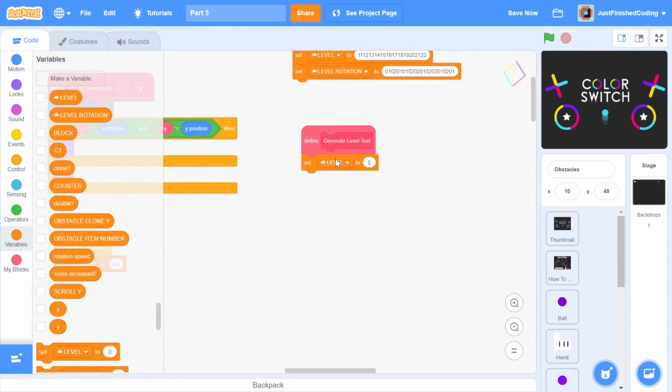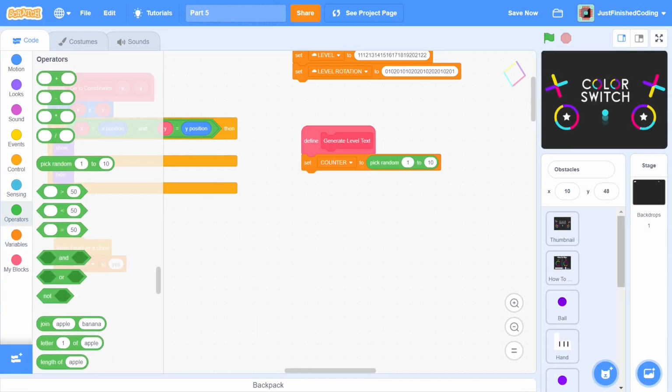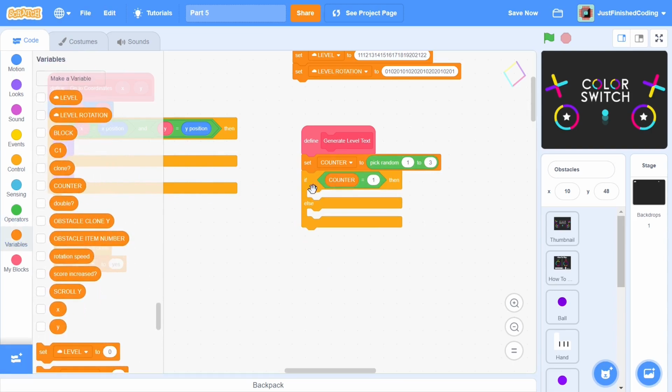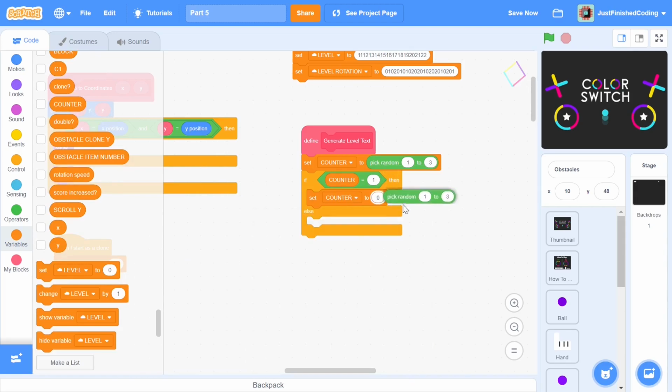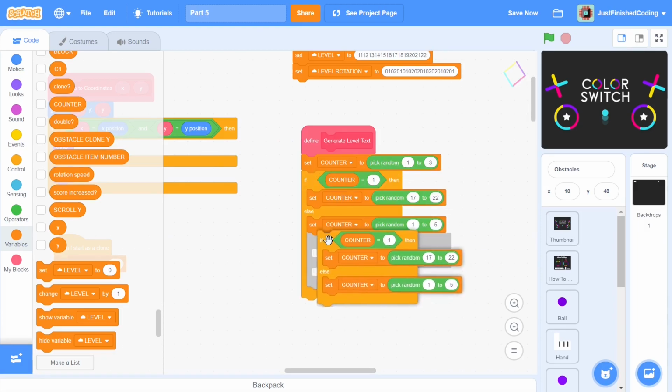We can start by setting counter to be a random value from 1 to 3. In case counter is 1, which is going to be true 33% of the time, then we can set it to be a random value between 17 and 22. Remember that these are the number values for any one of the double obstacles. In case this is not true, which is going to be the case 66% of the time, then we can set counter once again to be a random value from 1 to 5,